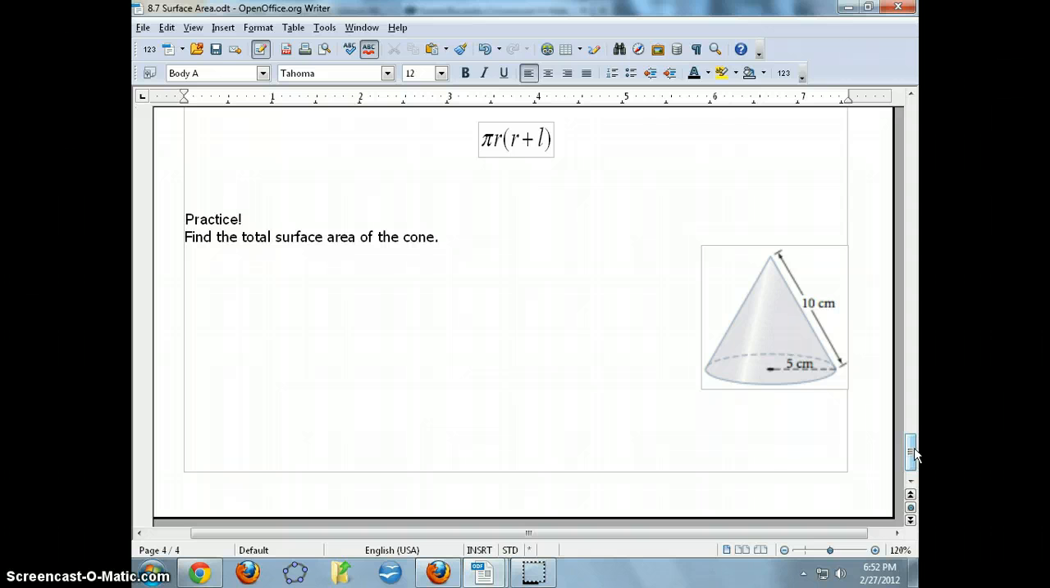Looking at a problem real quick here, we've got the total surface area of a cone. We have the radius going to be 5 centimeters. The slant here is going to be 10 centimeters. I want you to go ahead and try this and check your answers with your neighbor,